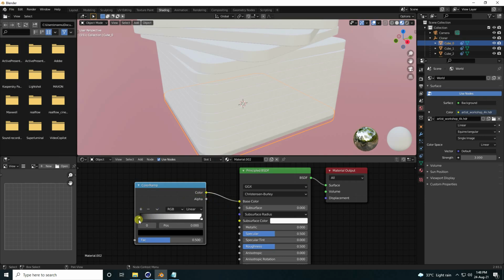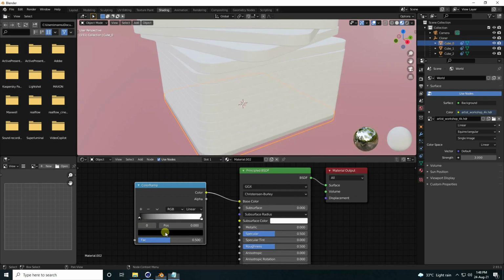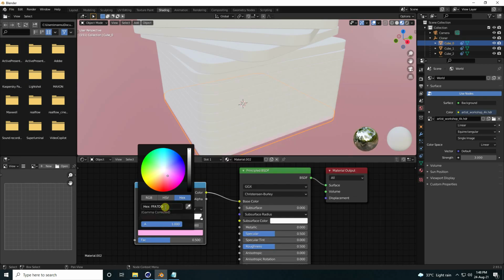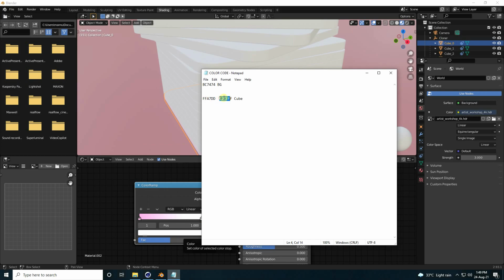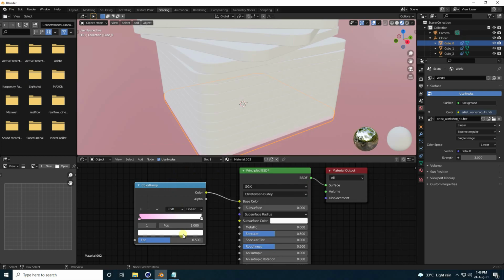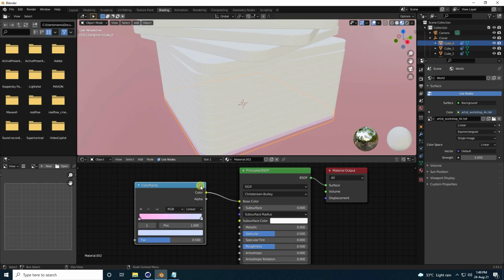And guys, now I change color. So select first checker box. I have a color code, this one, and copy and apply, enter. That's my pink color, light pink. And the second one I apply light blue, this one. So copy and enter. Yes, see guys, that's my color code.